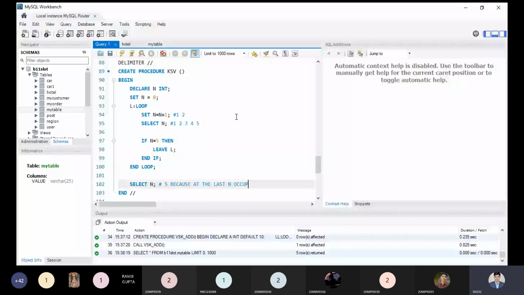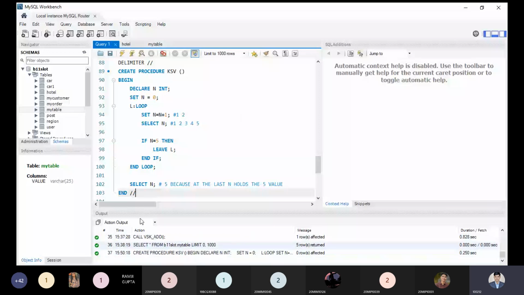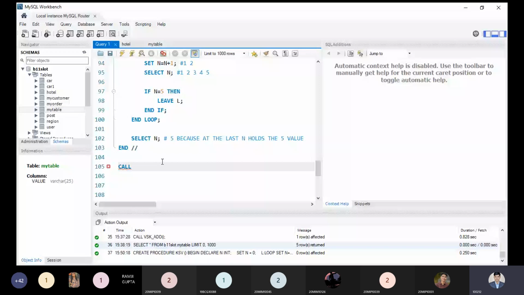So this code will run perfectly. First let us execute this code and see what is happening. Now this code is run perfectly. Now I am executing this code by calling its procedure name, KSB. Now you will be able to see that by result 24 it is printing 1.